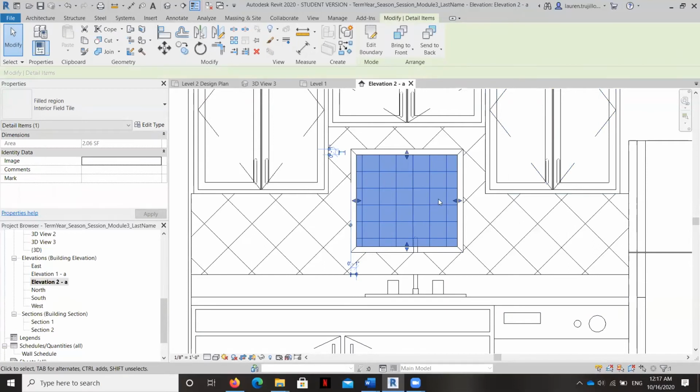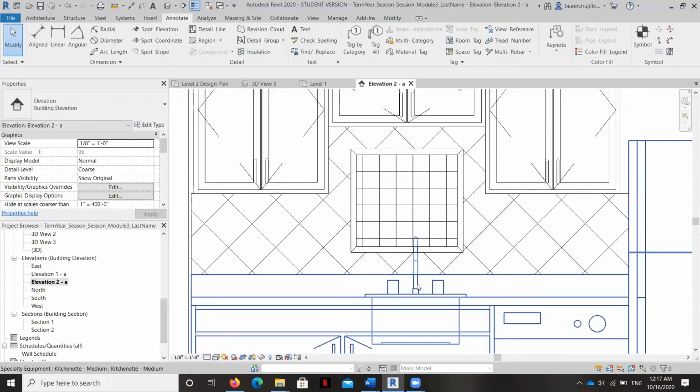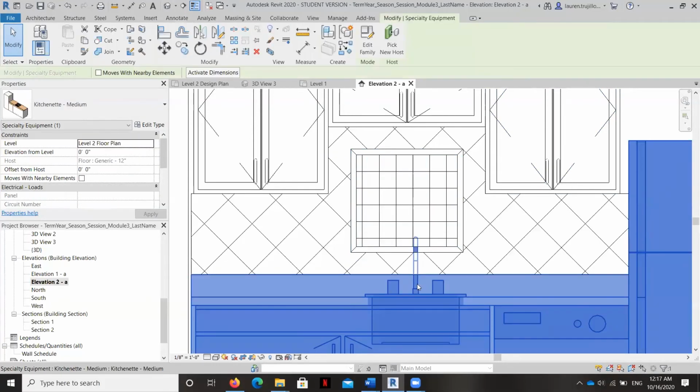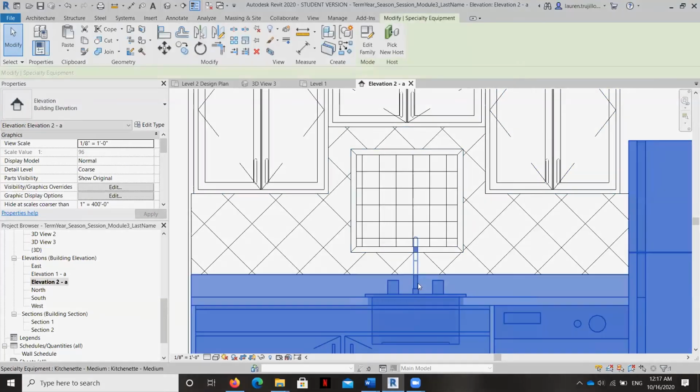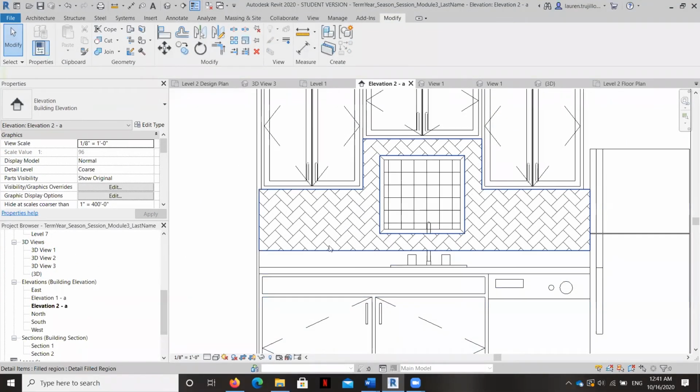it'd be nice if we could move the pattern so that it was centered, but it's not going to let me do that. Okay, now the only other issue we've got here is that this sink is going to be overlapping the, it needs to be in front of the pattern, not behind it. So the only way to really